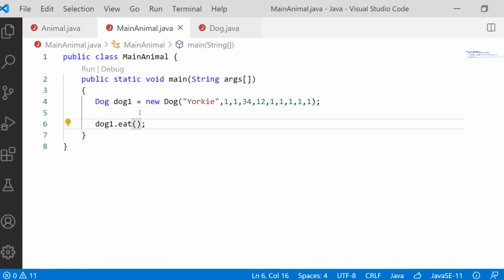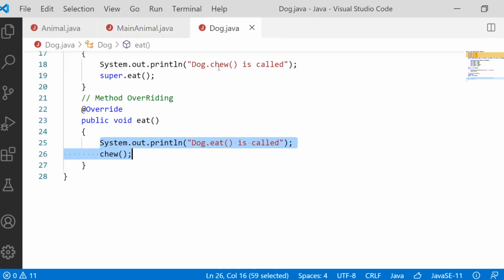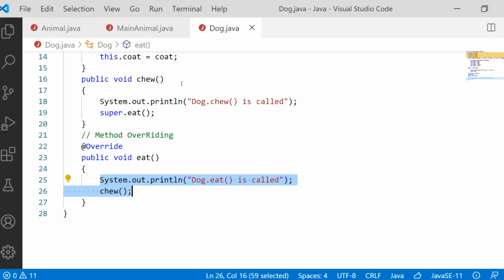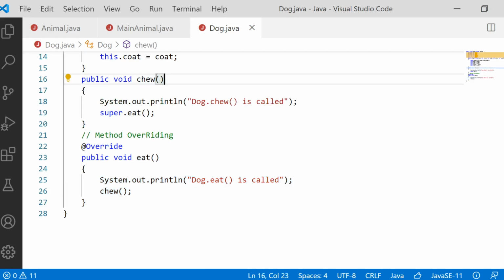So in the main animal class, we created an object for dog and called the method eat, which actually called the method here in the dog class. Then we called its own method chew. So the flow goes to the chew method, and inside chew the println statement will be printed, and then super.eat.